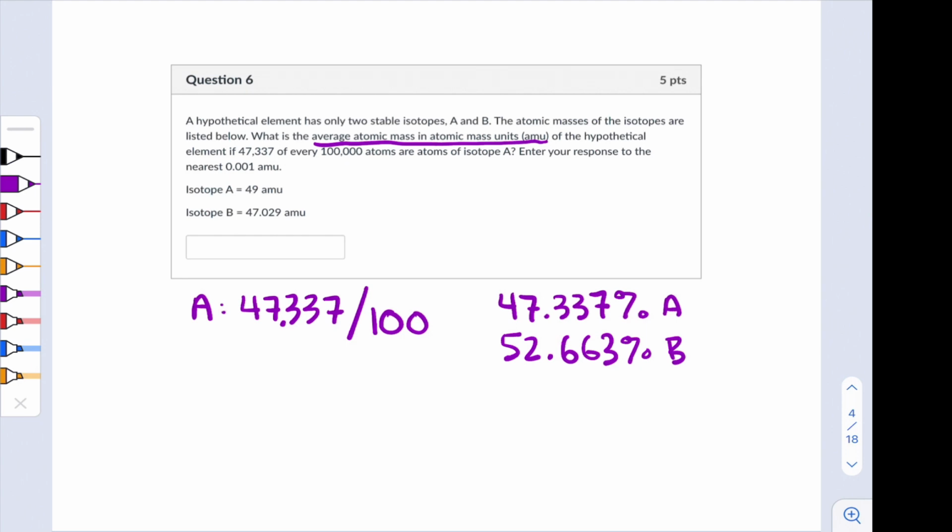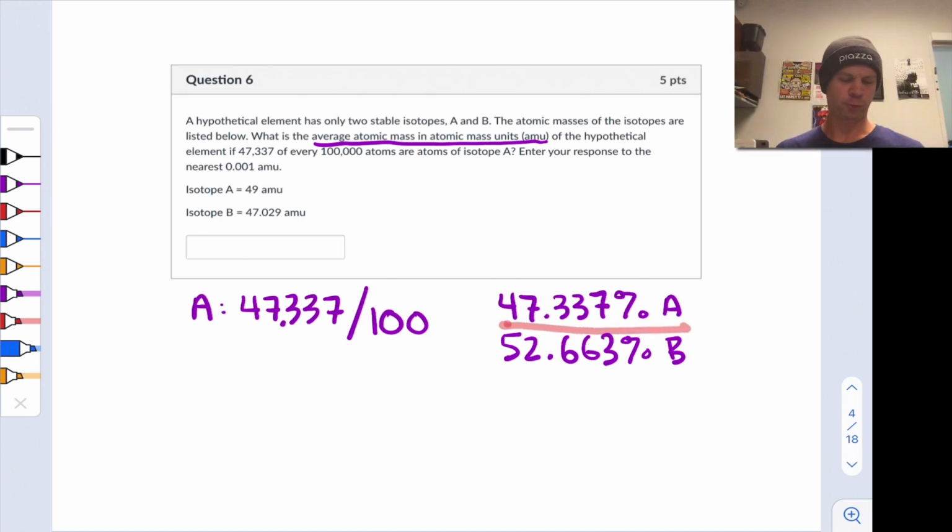And what we want to know now is the average atomic mass of this element. How do we think about that? Well, we take a weighted average of those isotopic masses, where the weights correspond to these isotopic abundances. Expressed in decimal form is probably the easiest way to go about doing this. So, for example, we have isotope A, and let's underline that in red and write that out in red, 49 AMU,